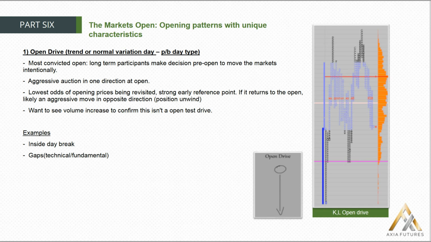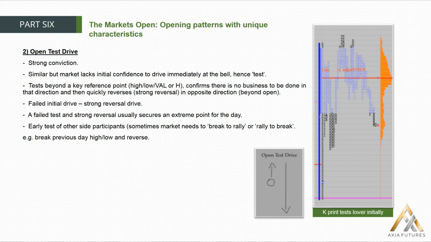Then the next open play is the open test drive. As the name suggests, the open test drive is very similar to the open drive. It's a very convicted type of pattern play. But the difference compared to just the open drive is that we get an initial test. Now that test can be for a number of reasons, but what we tend to see is that the market lacks that initial confidence to drive immediately, and we first get a test of a crucial point in the market. So as you can see with the two illustrations, the market opens and tests in one direction,